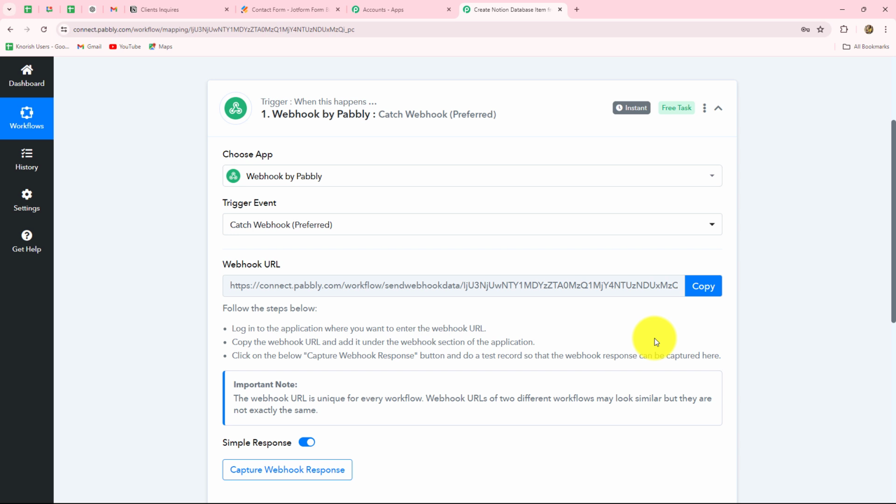Click on the capture Webhook response button below and do a test record so that the Webhook response can be captured over here. So what you have to do is simply copy this Webhook URL. You have to log into the application which you want to connect. You have to go towards the Webhook section of that specific application, and you simply have to paste this Webhook